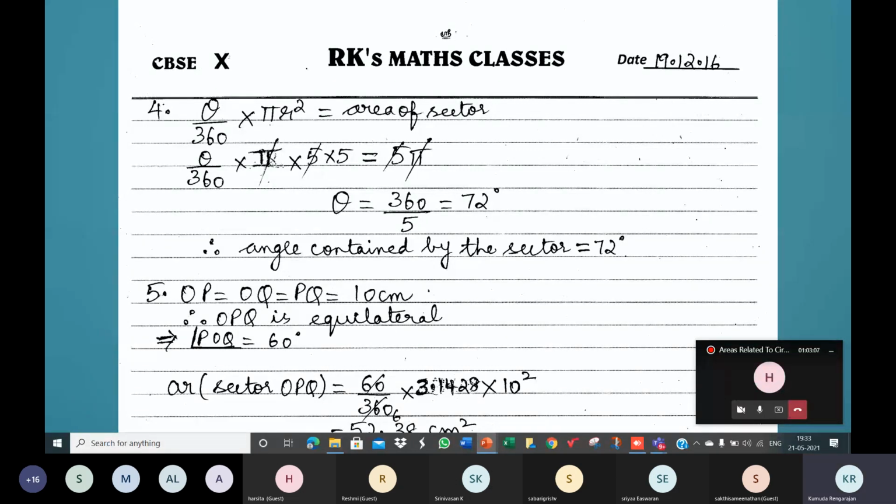Good, Harshita. Good, Shreya, good. Bhargavi, good. And